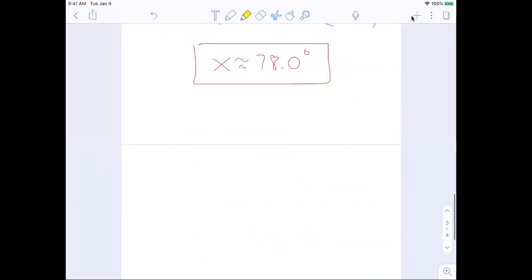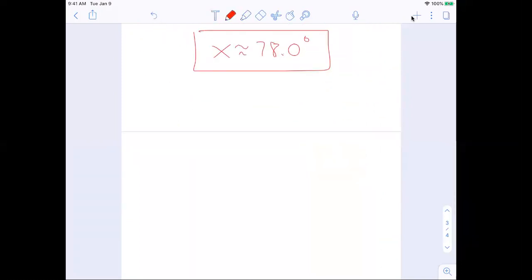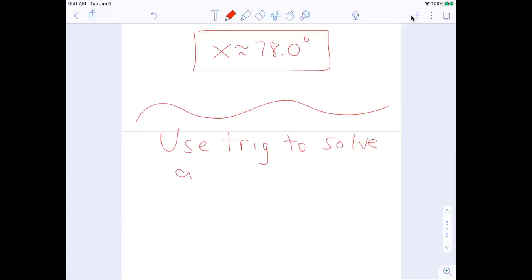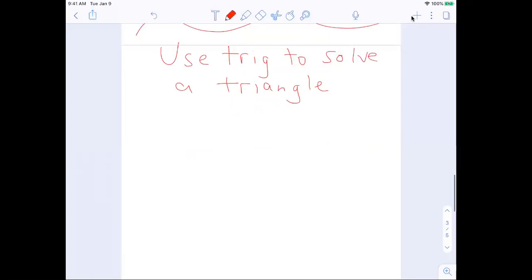So today's notes will be a little bit shorter, and it's going to be really just wrapping both of those things together, where we use trig to solve a triangle. So when they say solve a triangle, that means we want to find all the angles and all the sides in a certain triangle. So for our first example,